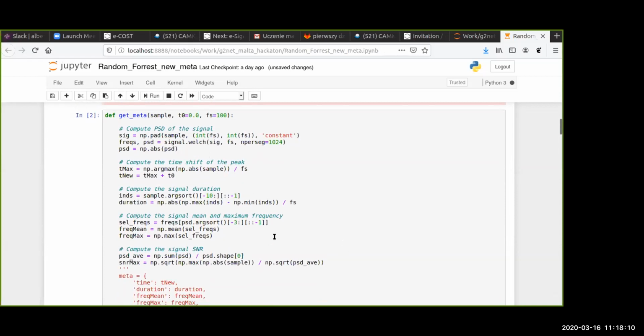You have the mean frequency of the PSD, the maximum frequency, the signal to noise ratio in the peak, the duration of the signal,